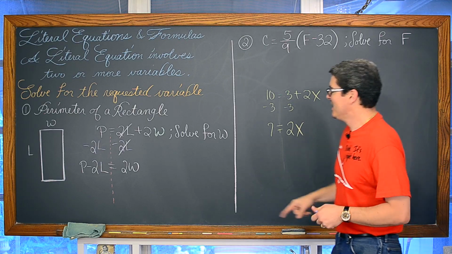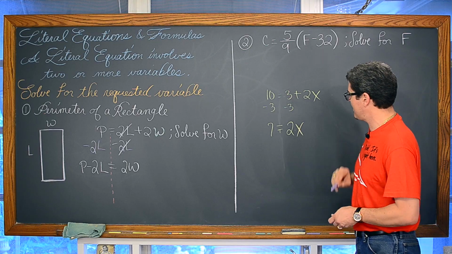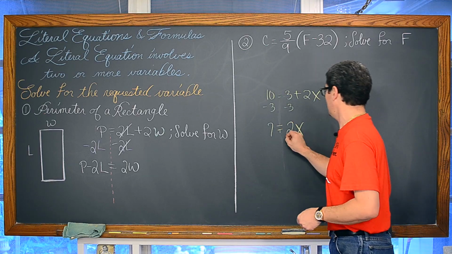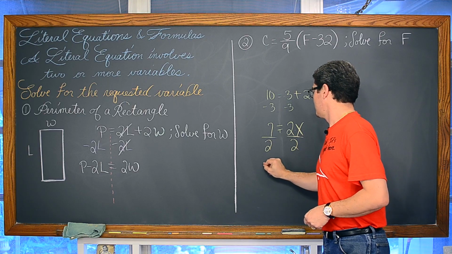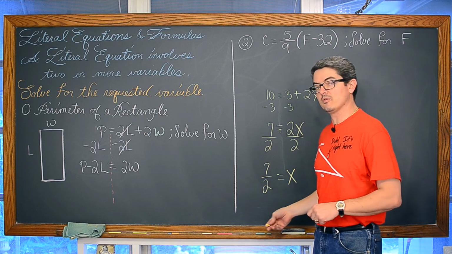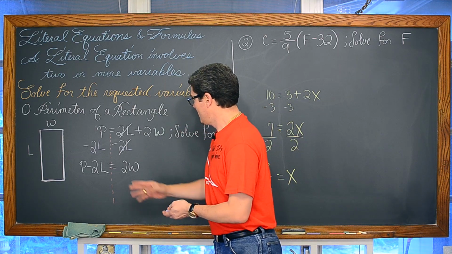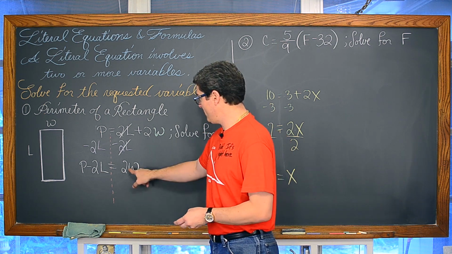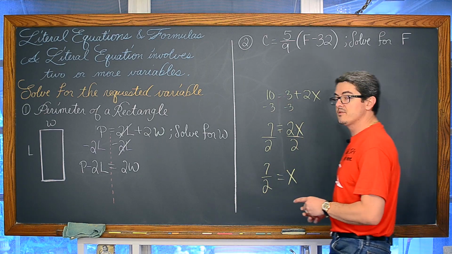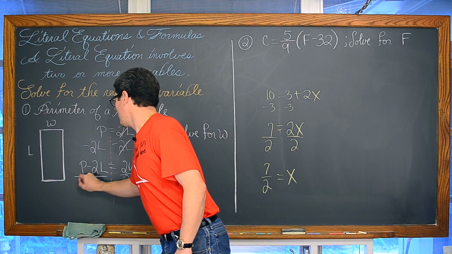Now, if we had 7 is equal to 2x, I would want to undo that multiplication of 2 with division, so I would divide both sides by 2 and get 7 over 2 is equal to x, or you might write 3.5. I prefer the fraction if you were my student in a regular or honors class. Well, over here, we want to undo that multiplication of 2, just like we did over here, with division. So we're going to divide every single term by 2.